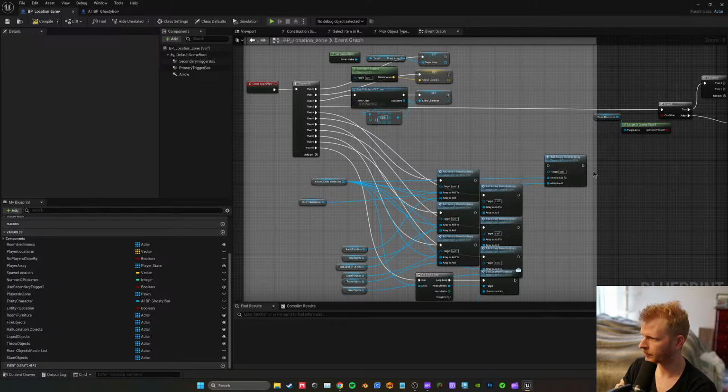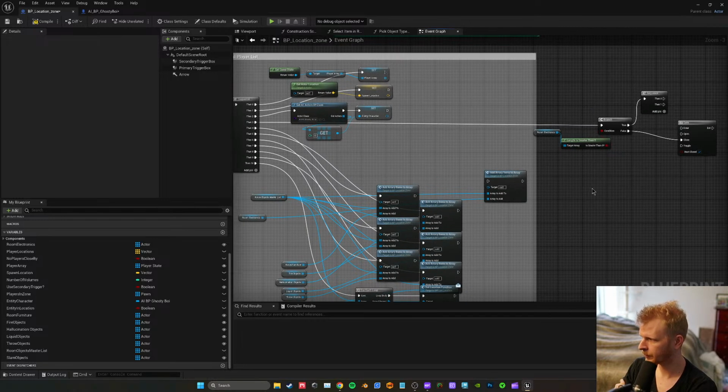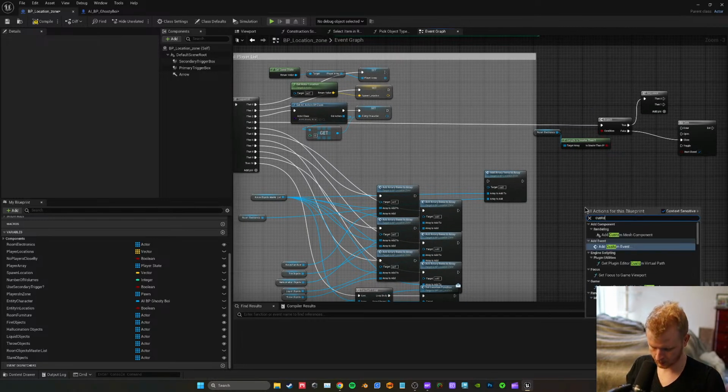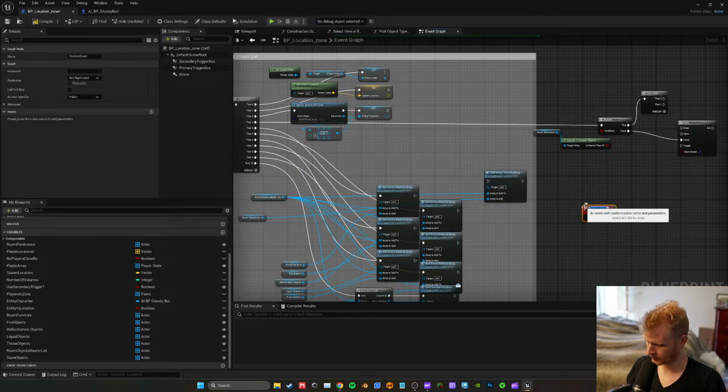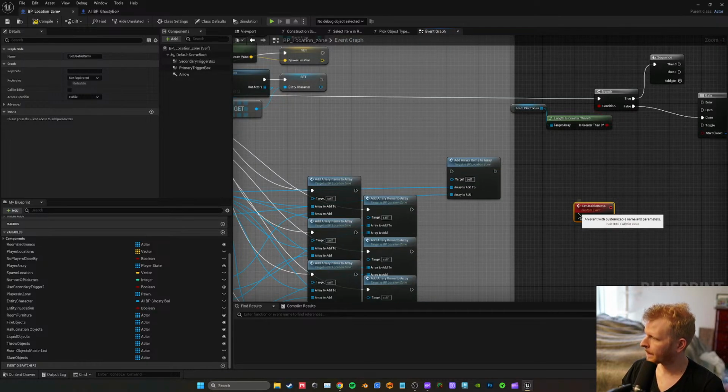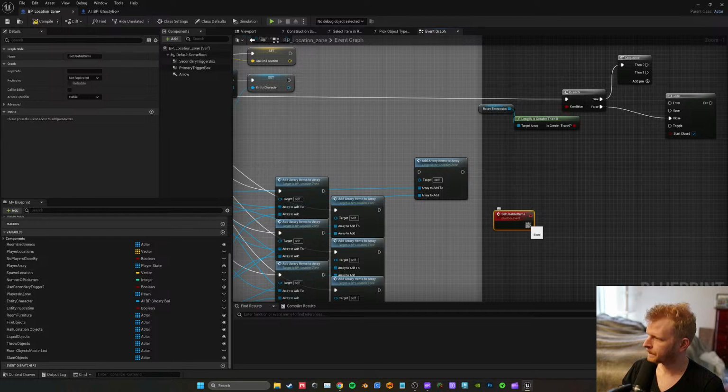And instead of adding these, it's basically gonna be custom event set usable items. So this will fire, and then